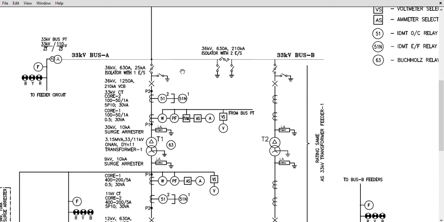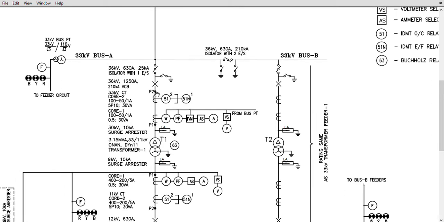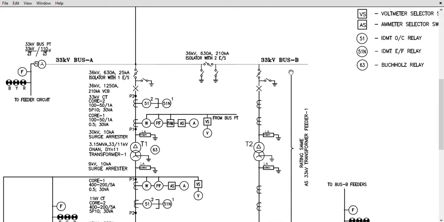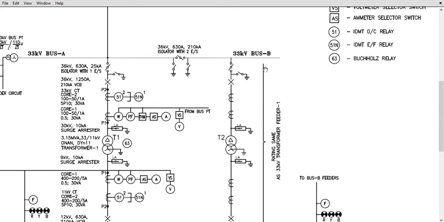Coming to the 33 kV HV side, see here this is a transformer, and hence this entire bay we can call a 33 kV HV bay, or 33 kV transformer bay. All are the same. Why do we call this bay a 33 kV transformer bay? Because here we are placing the breaker to protect this transformer. Similarly, here also the same equipment will come, but for easy understanding we are not showing it; otherwise the same equipment will be replicated here.